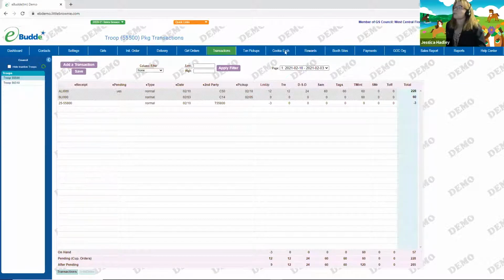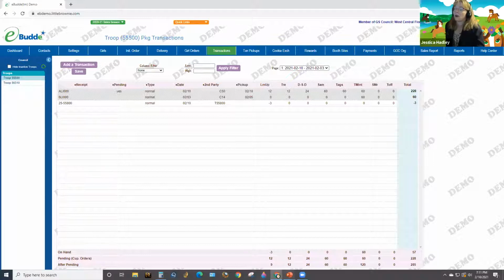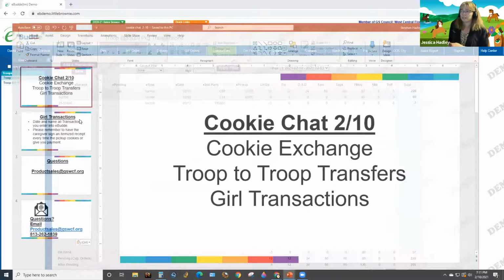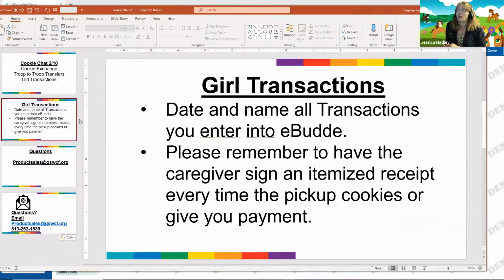Okay, so now what we want to talk about with you is the girl transactions. It's important to make sure that you date and name all the transactions that you enter into eBuddy under the girl, because if you ever have a problem or an issue and you call us and say, can you take a look at this? It's really hard for us to figure out what you did when all we see is rows of